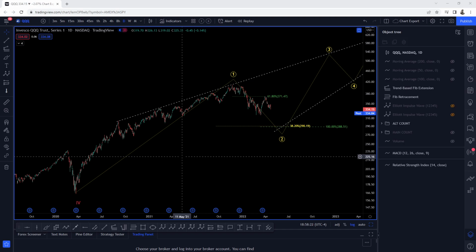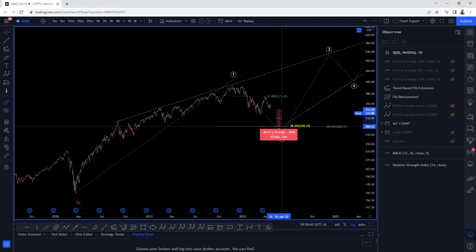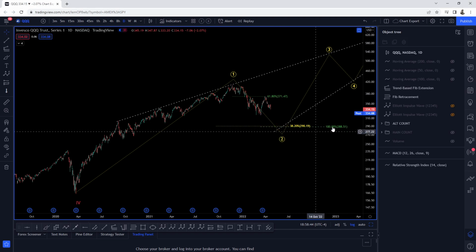But I think it's time, guys. I think it's time that we start exploring downside. All right, I think it's time to start exploring price action to the downside. While it may be a little bit more painful, the overall outlook is still going to be bullish and positive. So in the short term, I am bearish. I am looking for price action to keep on going lower, about 13% more to my initial targets here. And I'll explain to you where these targets came from.